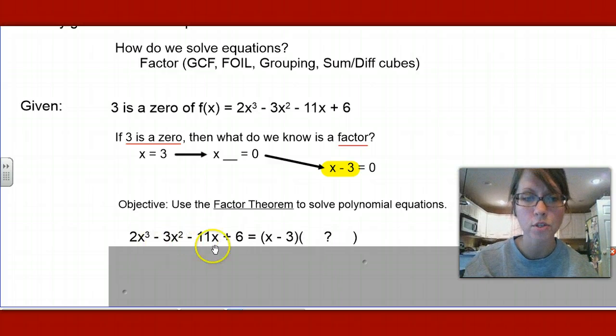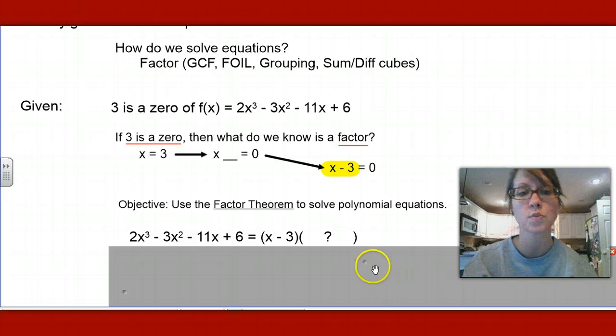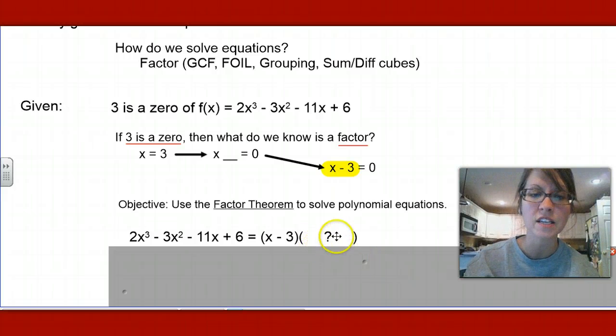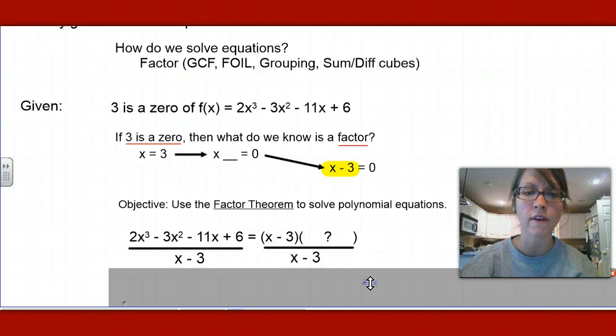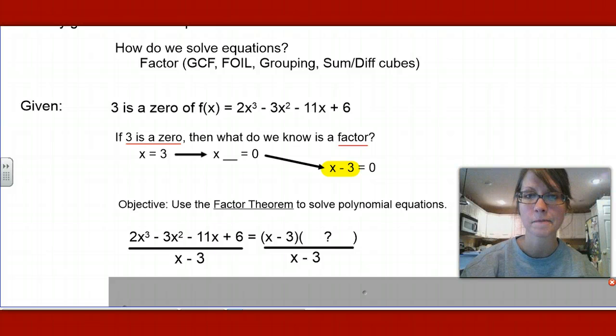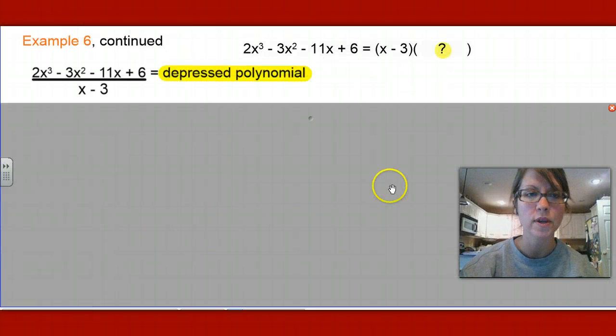That will equal 2x cubed minus 3x squared minus 11x plus 6. And we can find this missing factor by separating the x minus 3 from it. If it's multiplied on the right, we're going to have to divide it over to the left. Okay, so we're going to divide both sides by x minus 3. On the right, they just cancel out. On the left, we're going to have to divide those. Okay, so again, if you divide these, you are going to find that depressed polynomial,